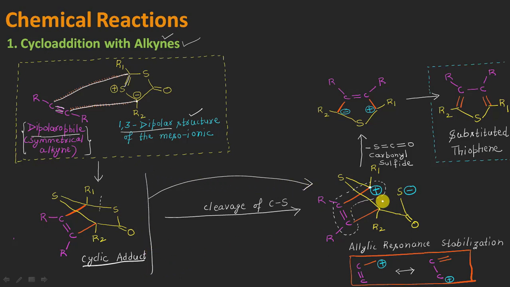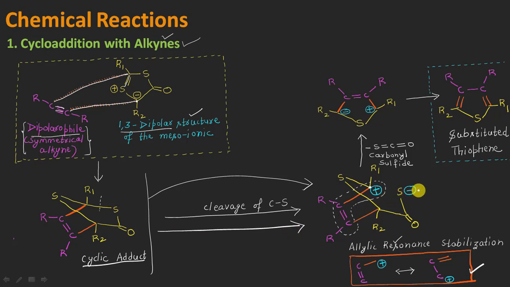Okay, so now let us check whether the positive charge here on this carbon atom is actually stabilized by some factor or not. So we will see here that on this carbon and this carbon atom there is present a double bond such that an allylic type of resonance stabilization in this way is definitely possible here, dispersing the positive charge, or let us say stabilizing this positive charge here. This means in going from this direction to this direction, the reaction is moving towards more stability.